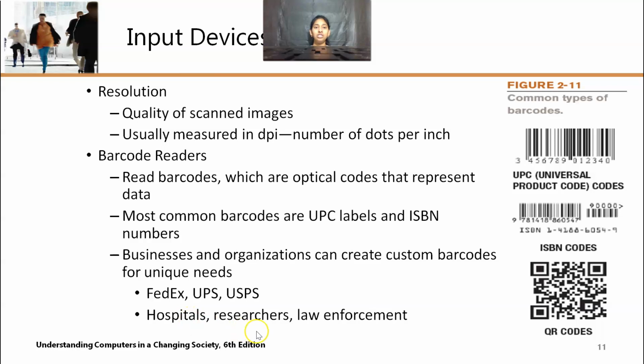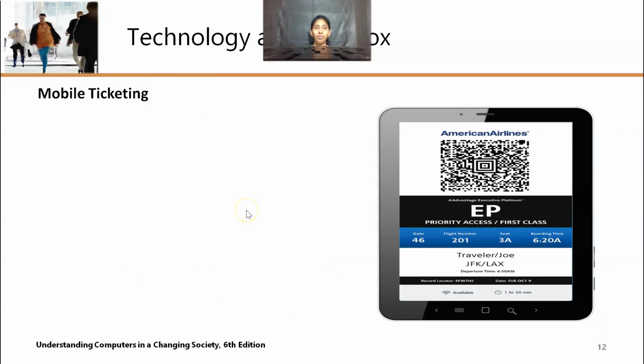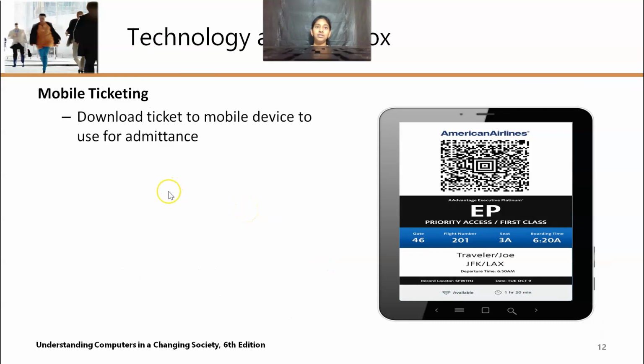And hospitals, researchers and law enforcement create custom barcodes. In hospitals, they match patient data with medicine using barcodes. Mobile ticketing. Now everyone is buying tickets through their mobile. We have many applications to order tickets for movies, sporting events, concerts, and so on.